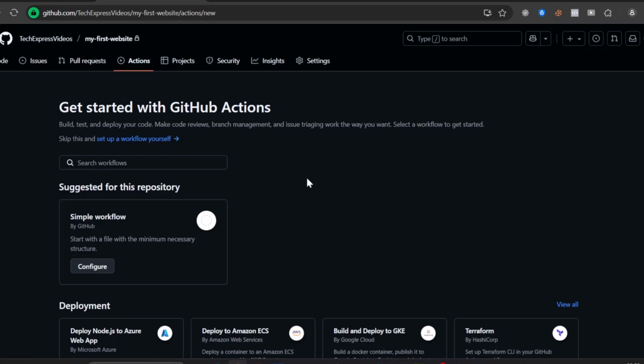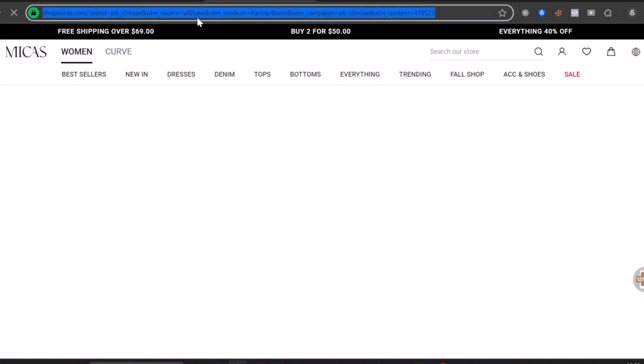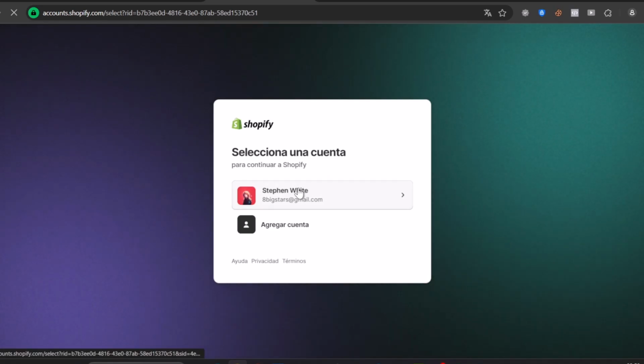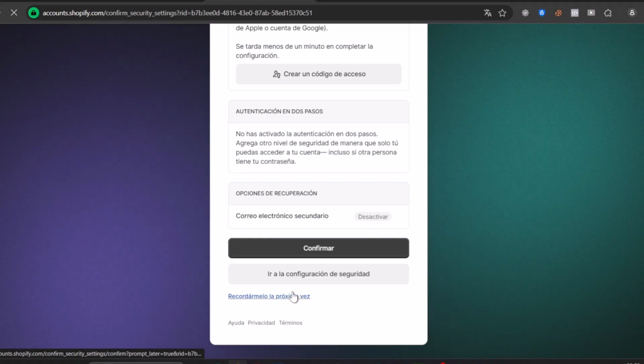If you have questions about how you can export a specific website, what you can do is, for example, in my case I'm going to go for Shopify. Directly in my sign in, I'm going to be using an actual website that you currently have, so I can export that element and try to import it directly inside